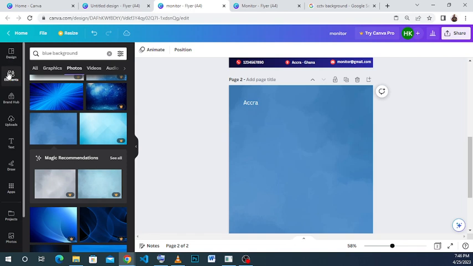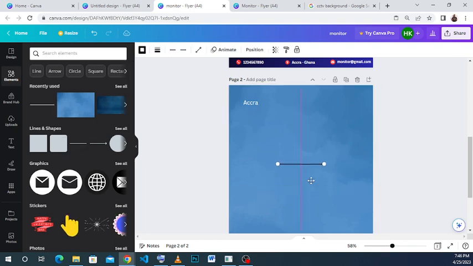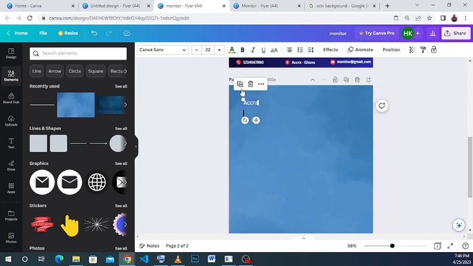So now let's go back to this place and then insert this line. It is horizontal. I want it vertical, so I just rotate it vertically, and then vertical needs to be 90, so it's already 90, and then I just resize, bring it over. So to also be able to arrange it all, let me just place it here and then finish with the cities. So Accra,